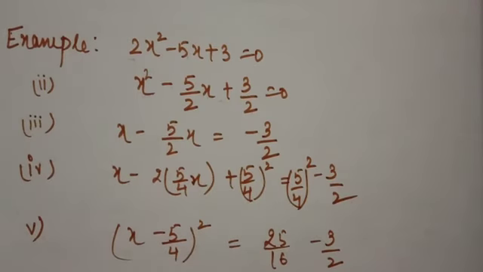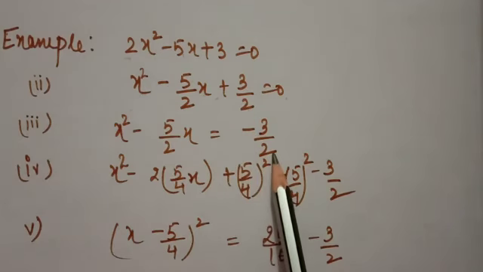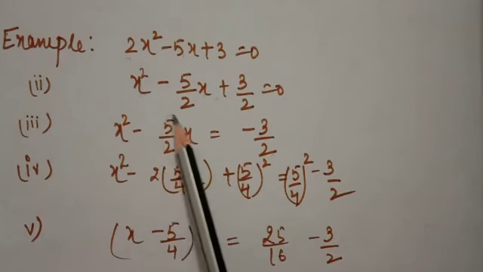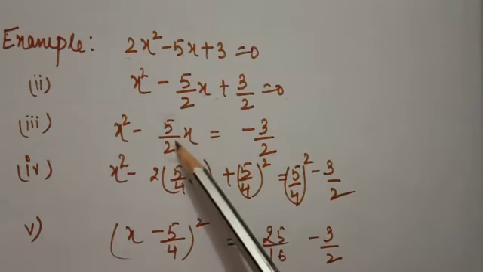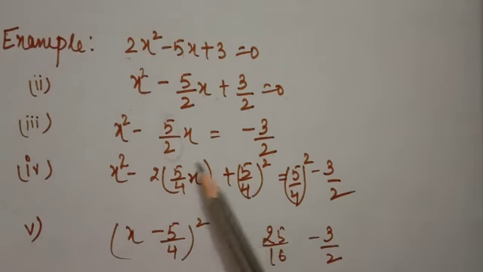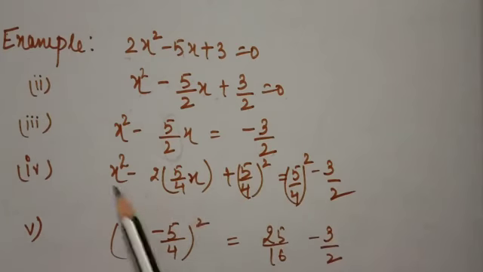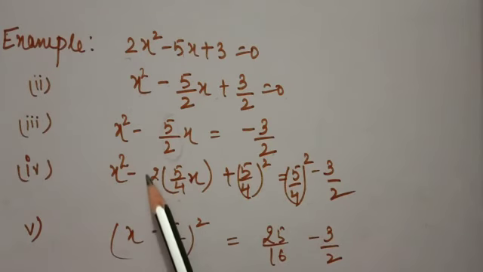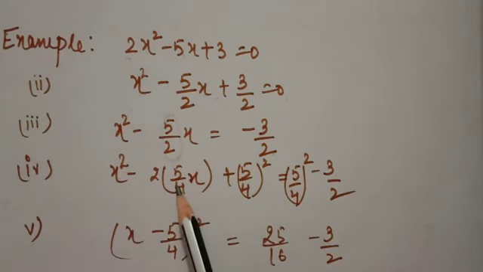Next step is shifting the constant number to the right hand side, and then the fourth step is half of the coefficient of x, which is 5 upon 4, and then square it. So 5 upon 4 whole square we will add on both sides. And we will change this number also. I already explained in your question. Then we will multiply and divide with 2 for making 2ab. Here we have a square, b square minus 2ab.